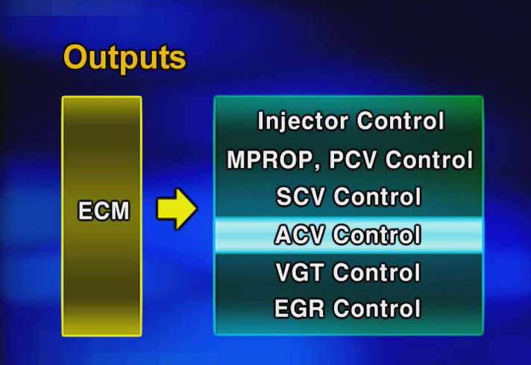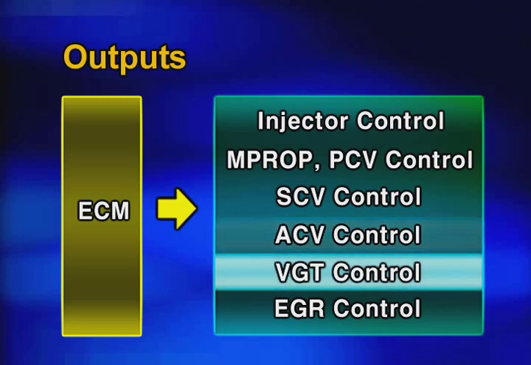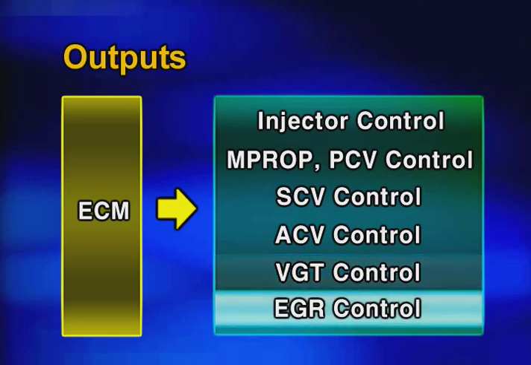the air control valve control for reducing the engine vibration at ignition off and the nitrogen oxide generated during driving and for regenerating the CPF properly, the VGT control for controlling the VGT exactly by changing the duty of the VGT solenoid valve, the EGR control for recycling the emission to reduce the nitrogen oxide generated during engine combustion,